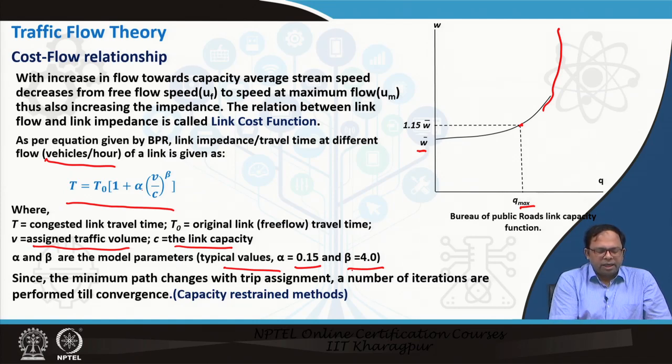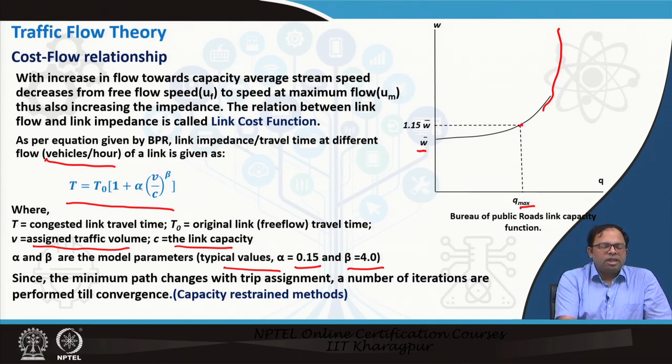Since the minimum path changes with trip assignment, these alpha and beta values are assumed, and these are the calibration coefficients, and V by C could be for that particular